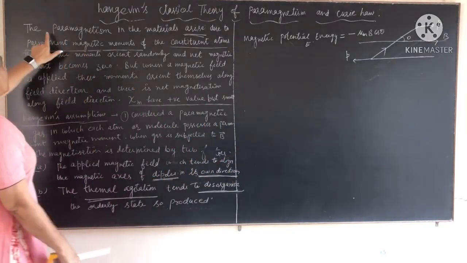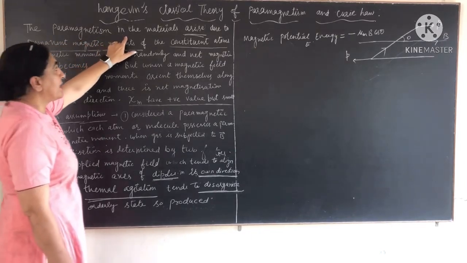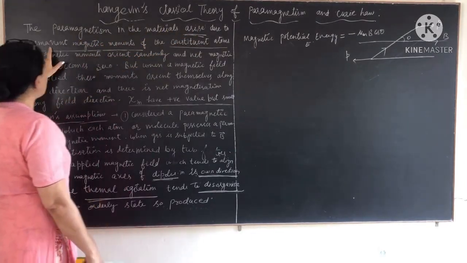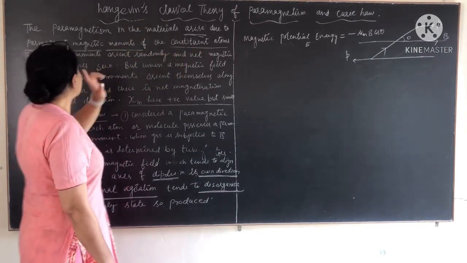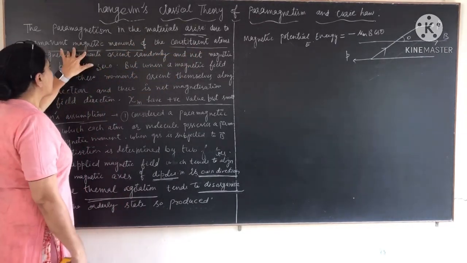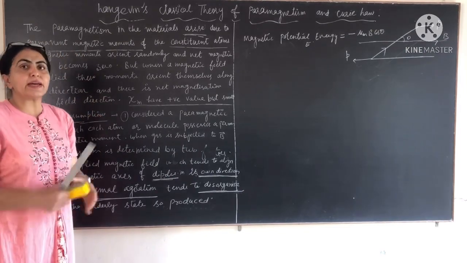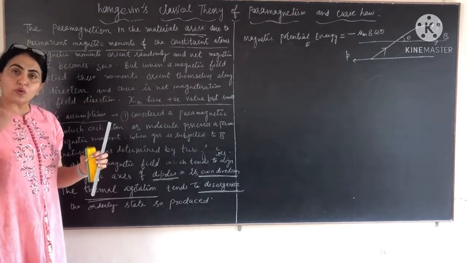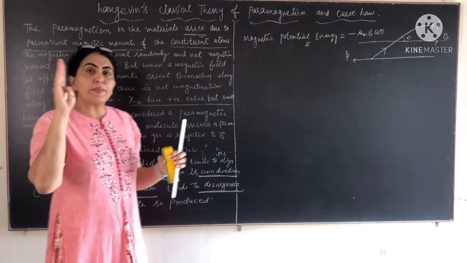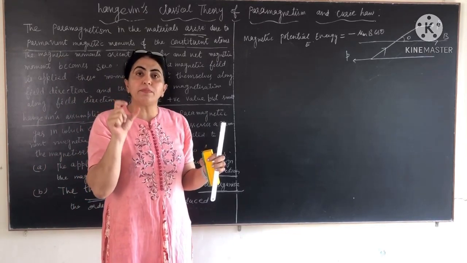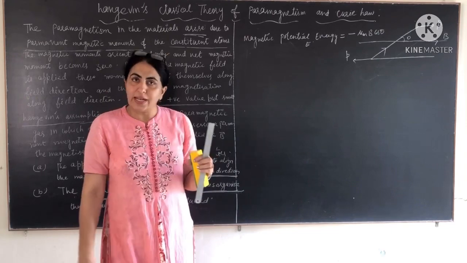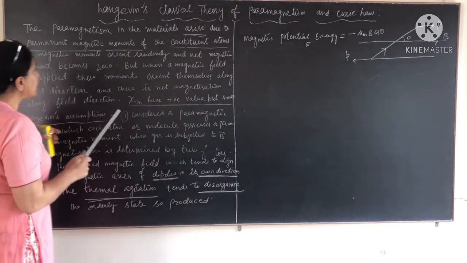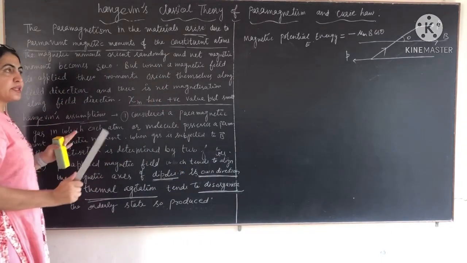So the paramagnetism arises due to the permanent magnetic moment of the constituent atoms, and this permanent magnetic moment is the combination of two moments, the orbital motion of the electron and the spin motion of the electron. Clear? And in the absence of magnetic